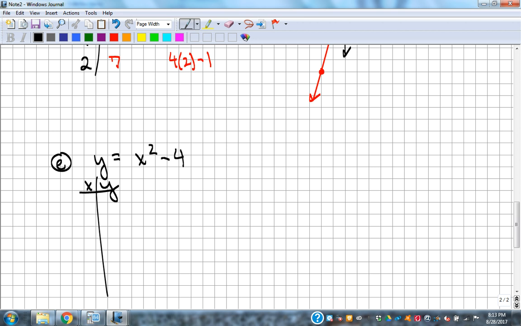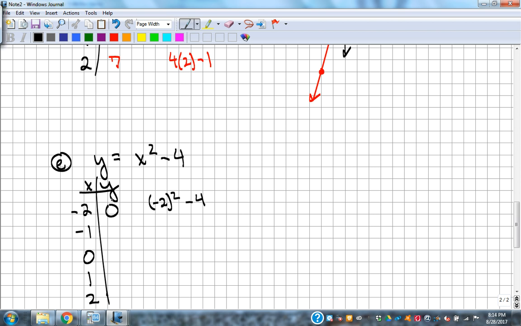I'm going to pick -2, -1, 0, 1, and 2, and plug those in and get the y value that goes with it, and see if I can get just a general idea what this picture looks like. So if I plug in -2, and I apply the things that we've done already, order of operations says exponent happens first. So -2 squared is 4. 4 minus 4 is